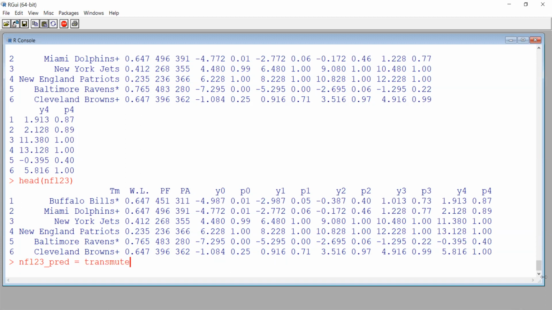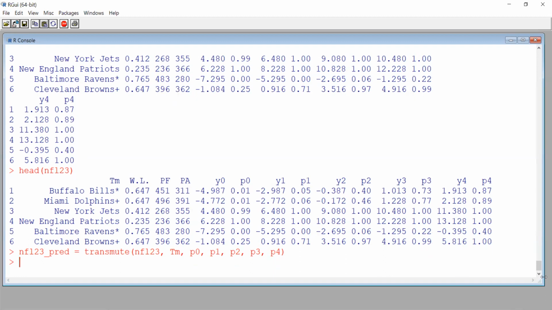Now the mutate just adds something to the end, so I really want to use this one. Now you have to be careful to include everything you want here. I'm just going to put the team and the P's in here. I don't need the other stuff. We used all that. That's done. So I'm just going to put P0, P1, P2. I kind of like these better than I could subtract them, right, to get the actual probabilities for each round, but I kind of think this is better. And the last one would be just ones, so we won't even put that in there. So that's it. It worked.